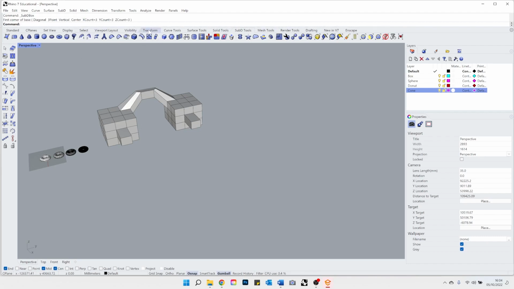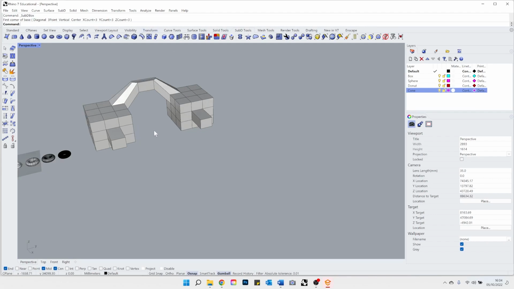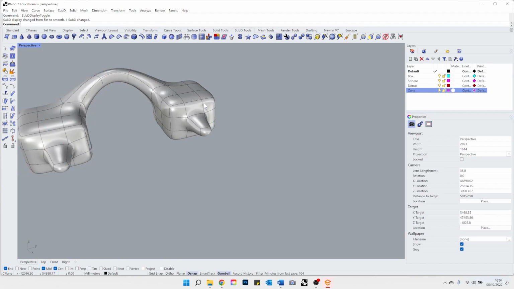So with SubDs, the more divisions, the more complex the wireframe is, the more exactly it's going to keep the shape. For example, if I go into the SubD box and it's asking me to specify the first corner, you can see in brackets it's asking what count I want to use. Before that I was using a 3 by 3 count. If I change it to 1, enter, Y count as 1, Z count as 1, and I create a box,